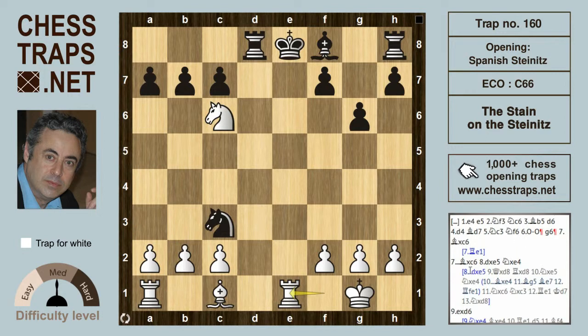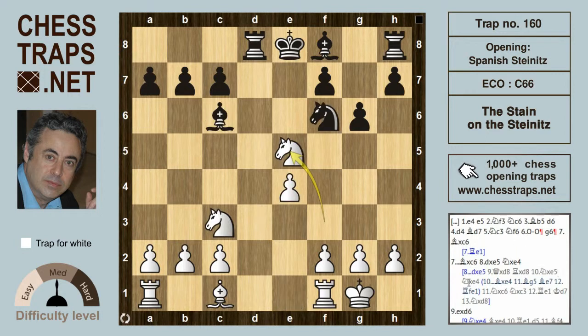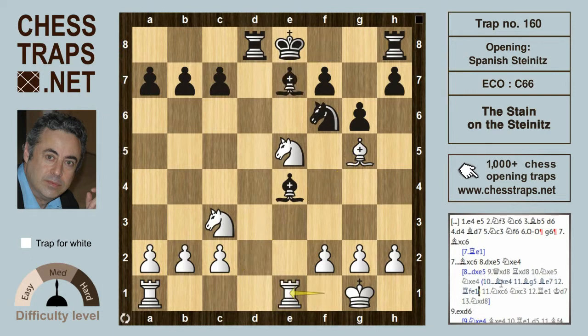Going back to, instead of knight takes on e4 here, what happens if bishop takes on e4? Then bishop g5 is pinning the knight on f6. After bishop e7, rook e1 looks again winning for white, with the bishop on e4 under fire. So going back again,